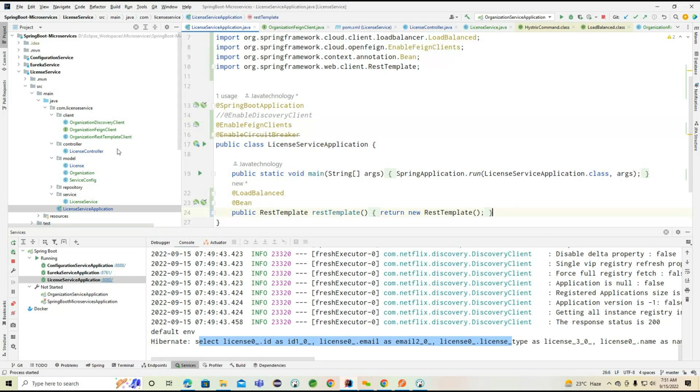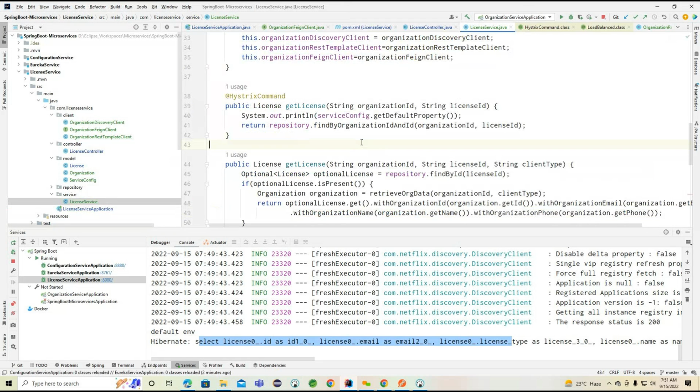Here we are adding the Hystrix command. Inside this particular Hystrix command, basically now what I will do,